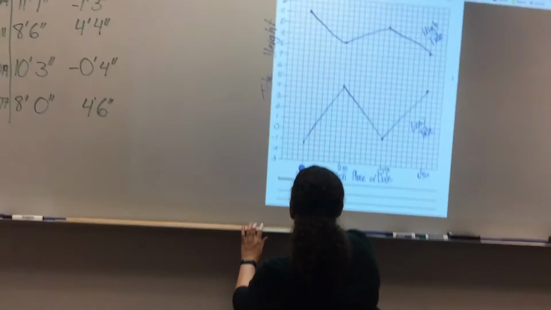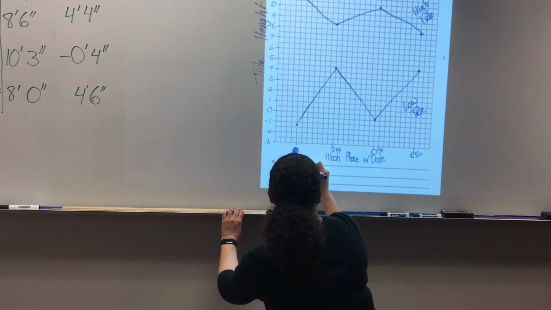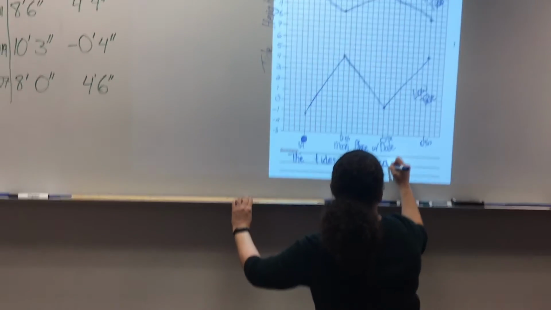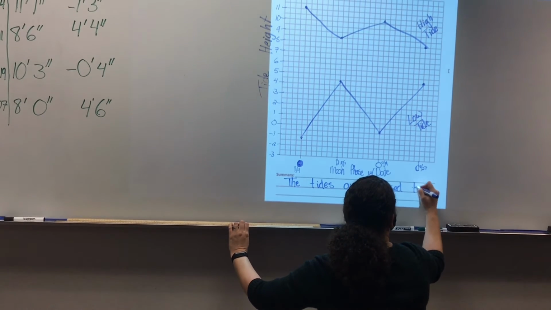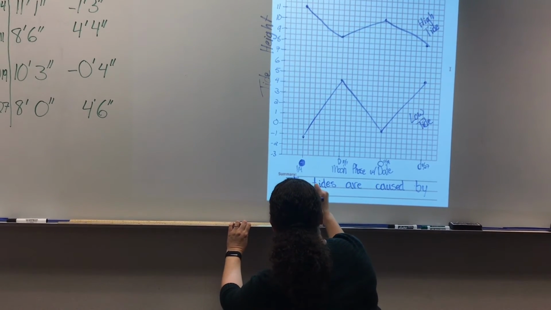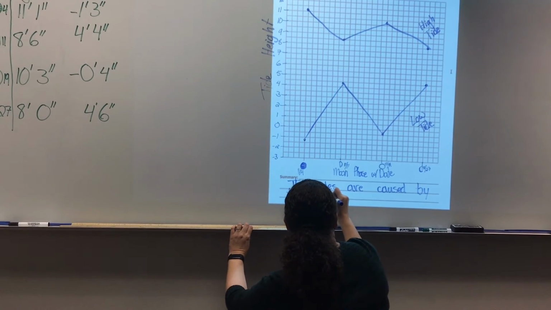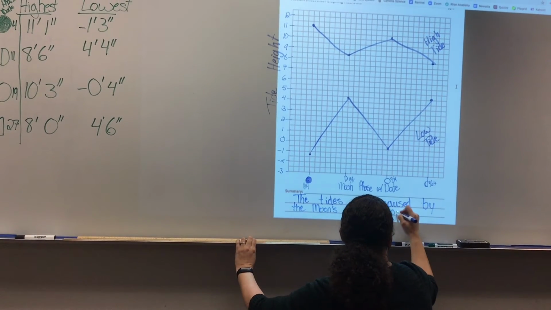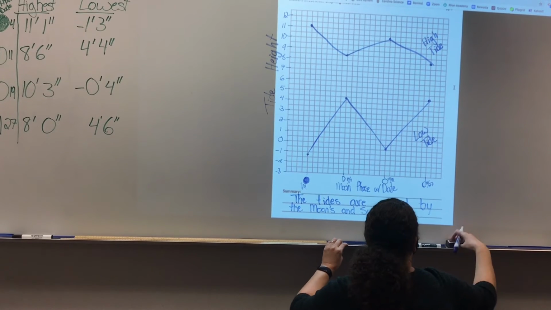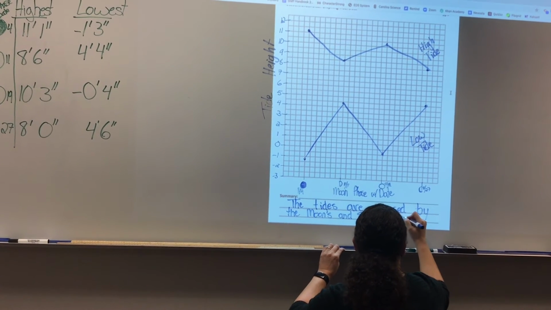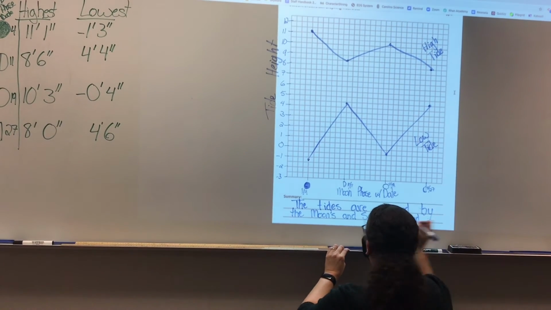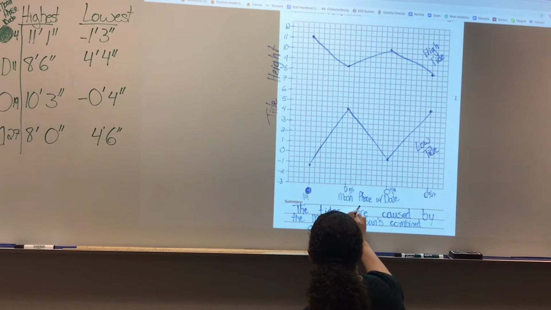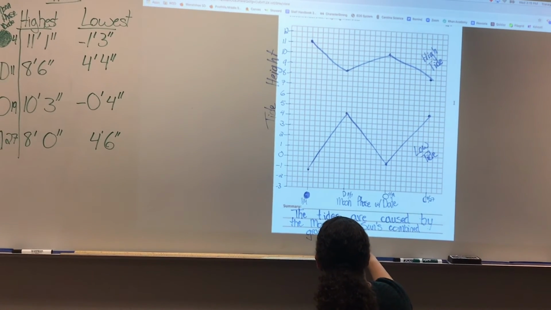So we're going to write a summary sentence here that the tides are caused by the moon's and sun's combined gravitational pull. And so what that means,